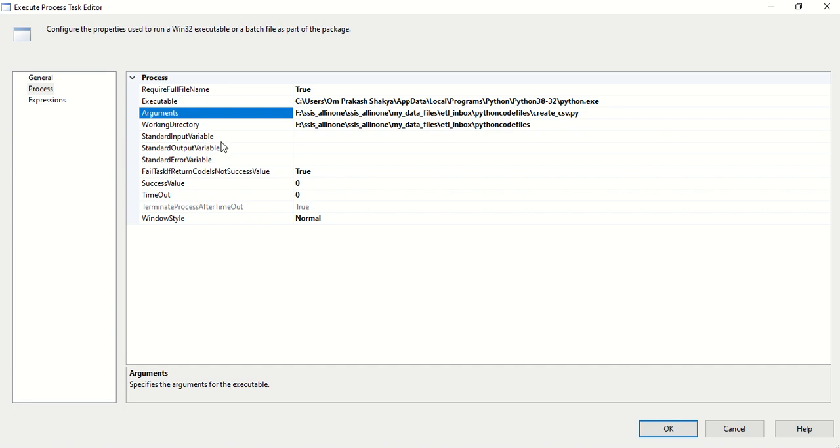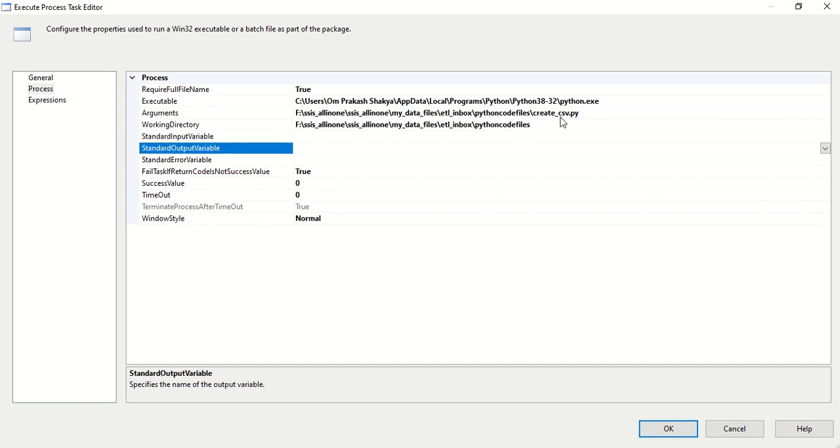And again we have the standard input variable, standard output variable, and standard error variable. So these are properties where we can use variables for standard input. Like if our .py file needs some arguments, we can pass them using variables.